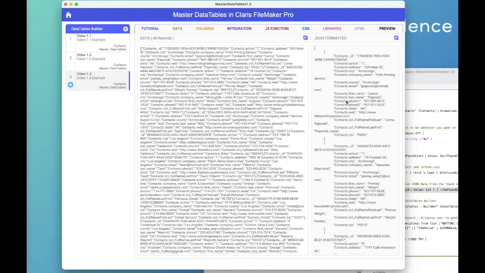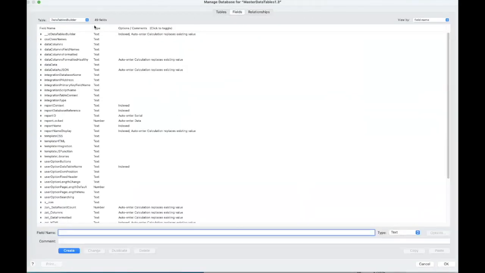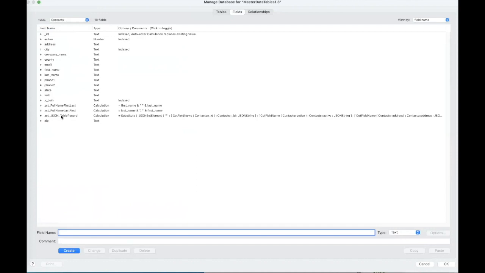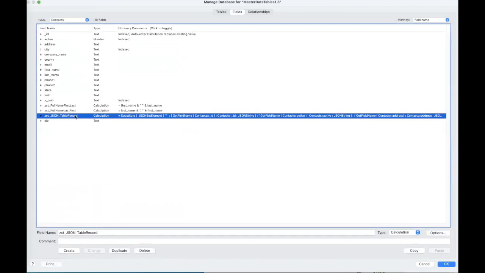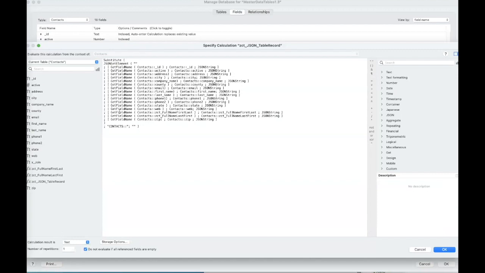So let's go take a look at my JSON constructor function and see if we can get this updated. What I don't want to see here is all this extra table information for context. So let's go quick correct that. In my contacts, I have a table record here that is basically setting a JSON payload for the record. But I can see here that I have an issue because on contacts, I'm substituting it, but I'm improperly substituting it with uppercase. If I change this here to contacts